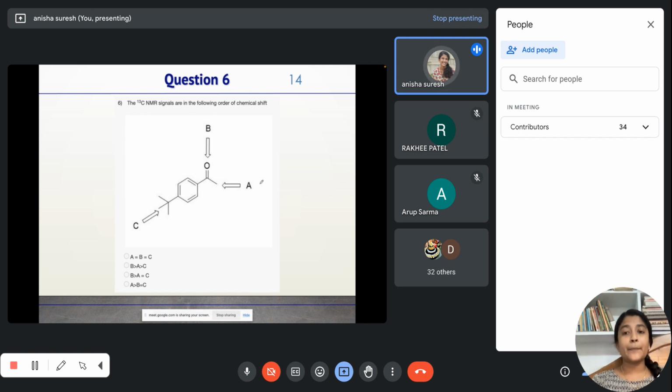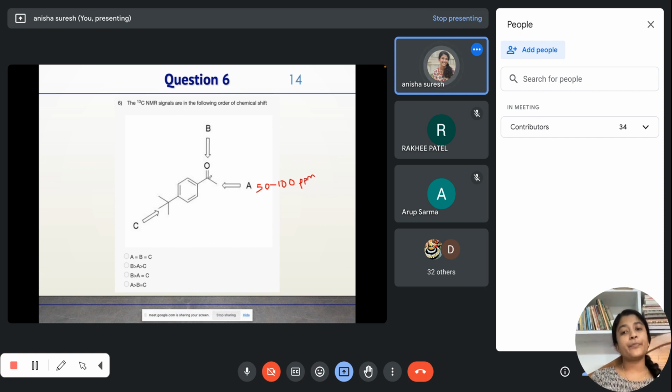So A will be coming in the region of 50 to 100 ppm as it is adjacent to oxygen, like CH3O or CH2O. So A will be coming in the region of 50 to 100 ppm. Then